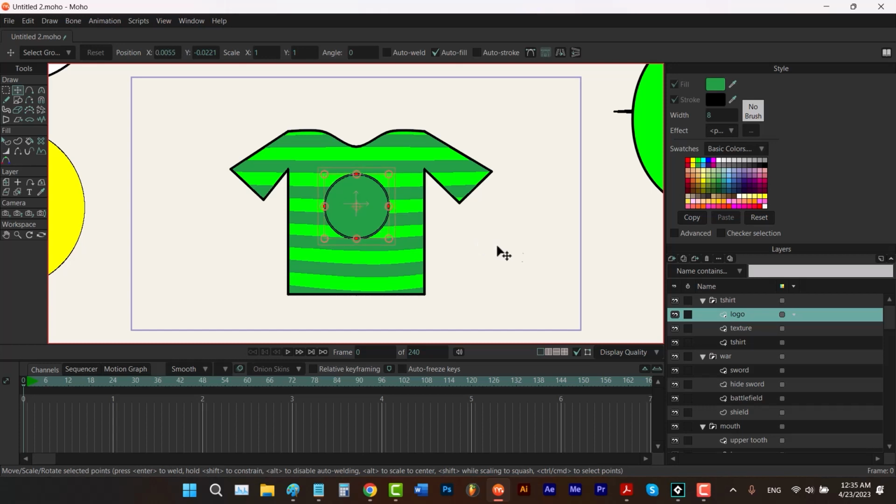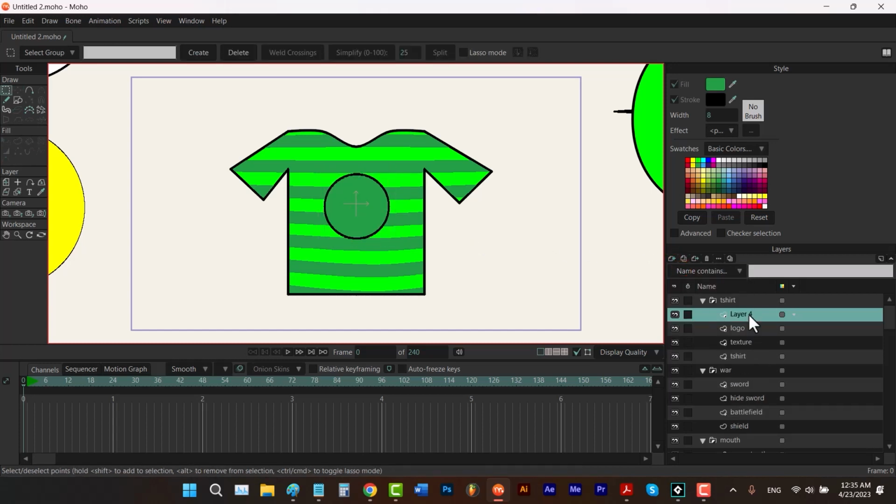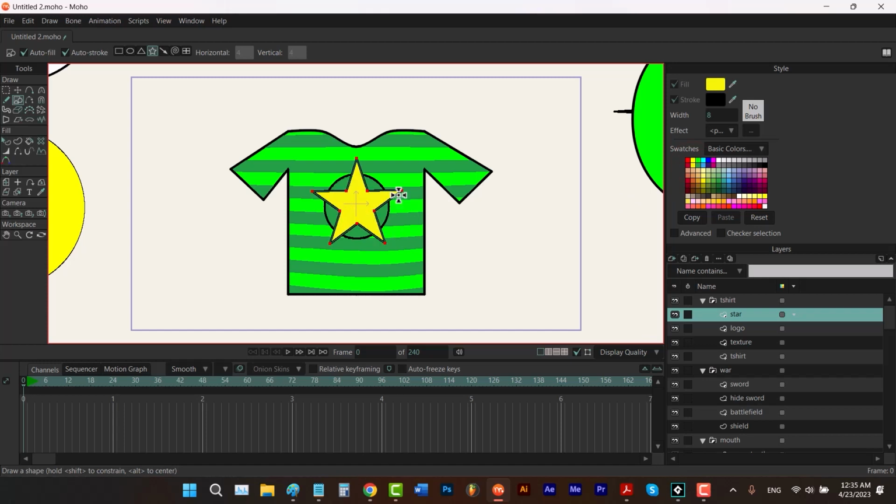This time I'm gonna add a new layer. Let's call it star and hit enter to confirm. Then I hit the S key, select the star and select this color and draw it. In this example, we want this star to be masked inside this circle. But the problem is we already have a mask called t-shirt that we use for our texture. If we want to use subtract from mask to subtract these triangles, it also removes the texture.